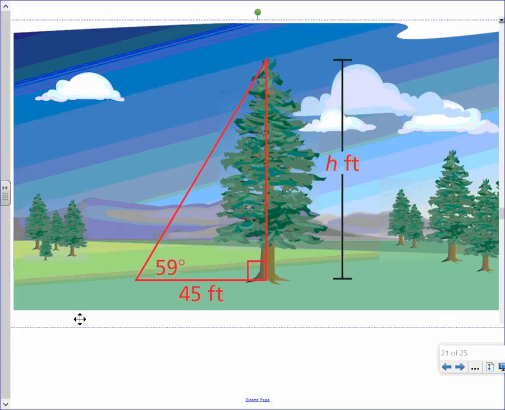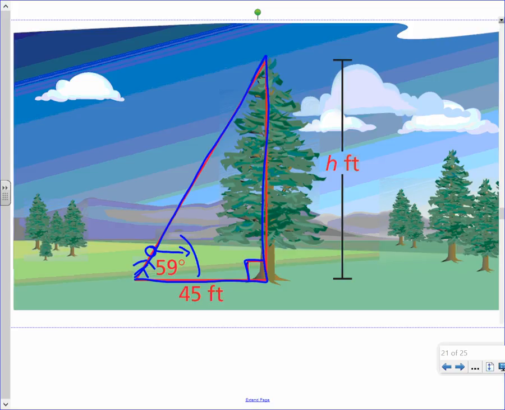So, look what we got here, ladies and gents. We have ourselves a right triangle. How do I know it's a right triangle? Well, here's a right angle with the tree. And if I'm standing right here, let's say this is Mr. Mugia, he's out on the walk in the park. My line of sight right here, if I'm looking straight ahead,